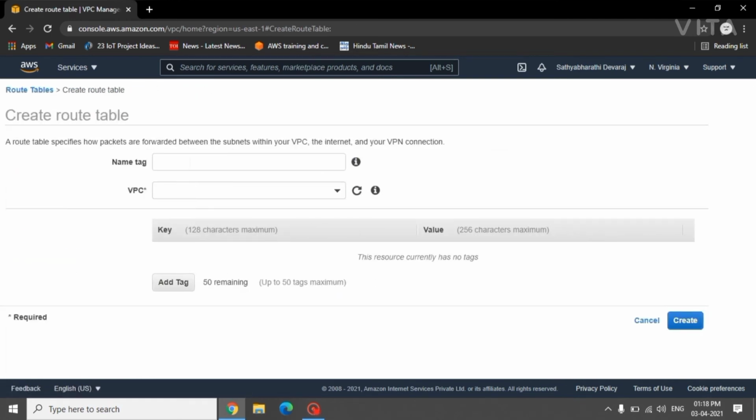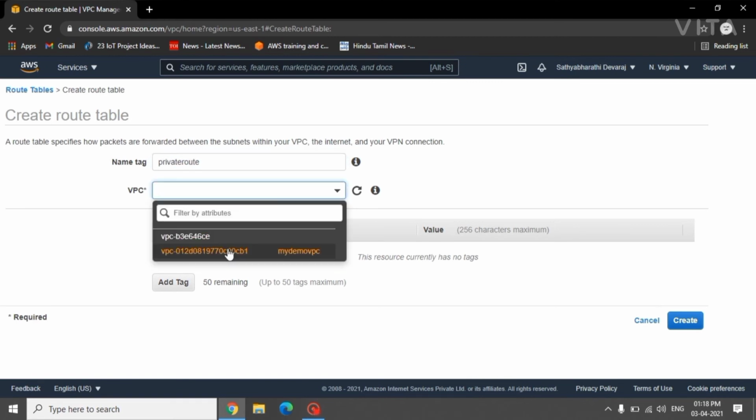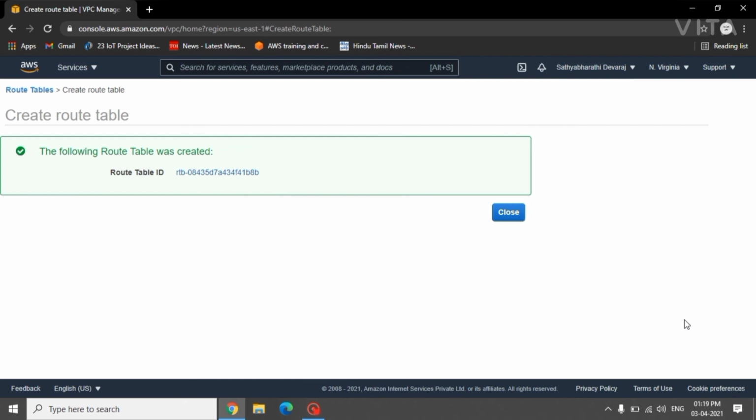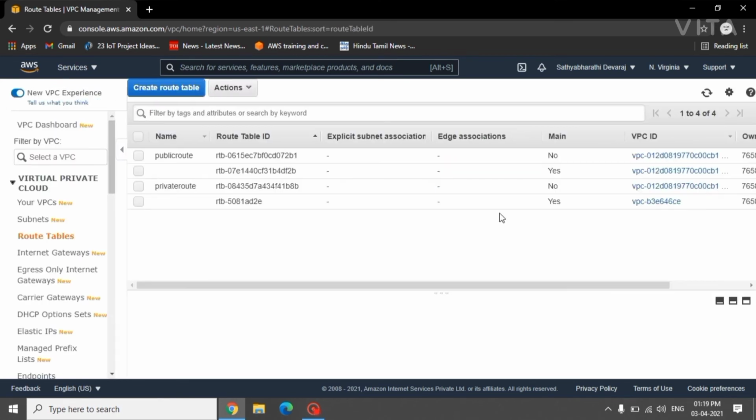Similarly, let's create another one. Now we have created two route tables, one for the public subnet and another one for the private subnet. Now we need to associate the subnets with the route tables.